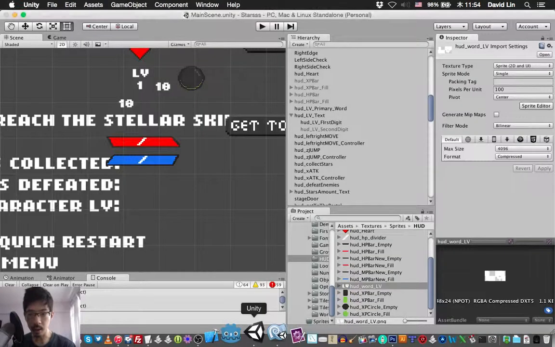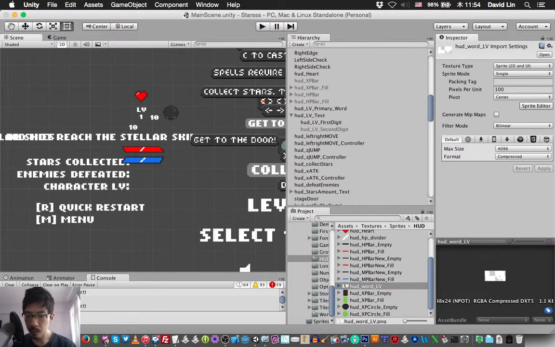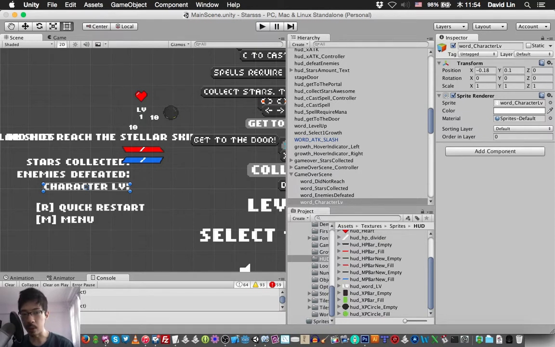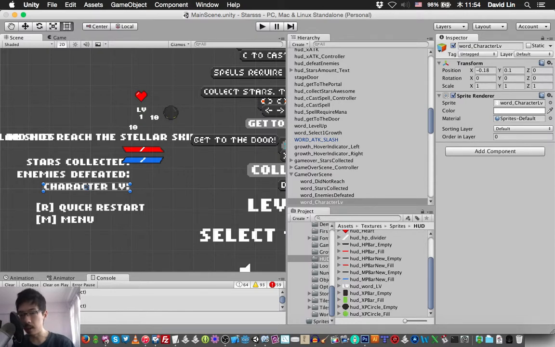Okay, let's see. Maybe for this we need, but oh, okay. Yeah, once you understand the behaviors of the enemies, then it should be easier for you to reach the boss stage. Okay, so that means we